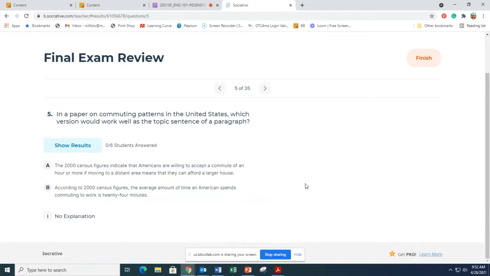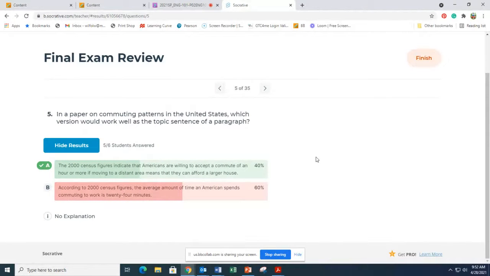Okay. In a paper on commuting patterns in the United States, which version would work well as the topic sentence of a paragraph? All right. So yeah, B is just a little bit too specific. I mean, you couldn't write a whole paragraph about the average commute being 24 minutes, but you could write a paragraph about